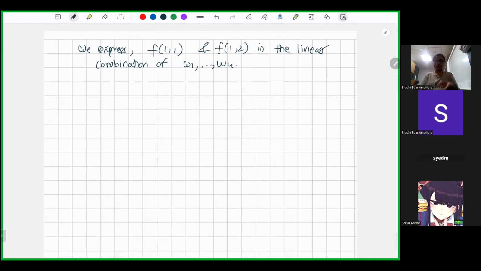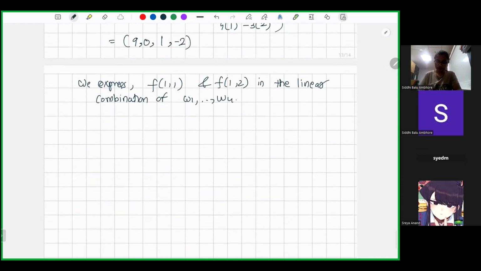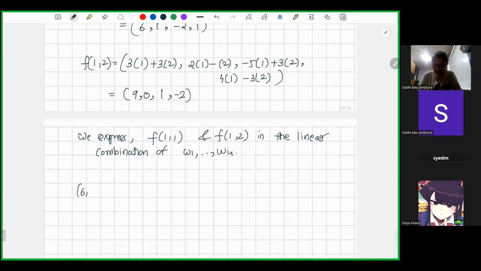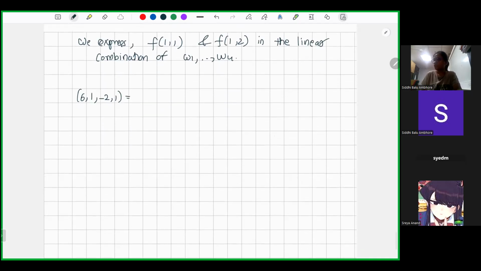Okay, that is our goal. So what it means is, I want to express this 6, 1, minus 2, 1. This will be equal to some C1 times 1, 0, 0, 1 plus C2 times 0, 1, 1, 0 plus C3 times 0, 0, 1, 1 plus C4 times 0,